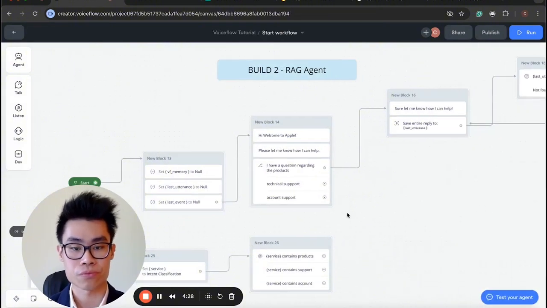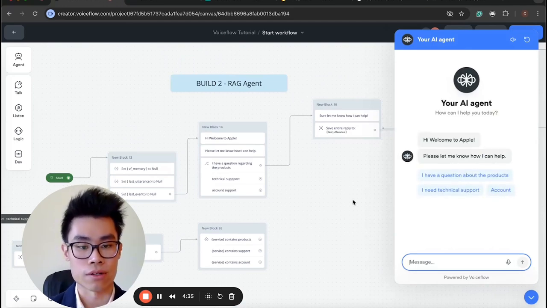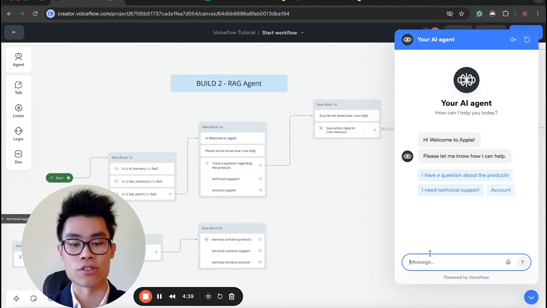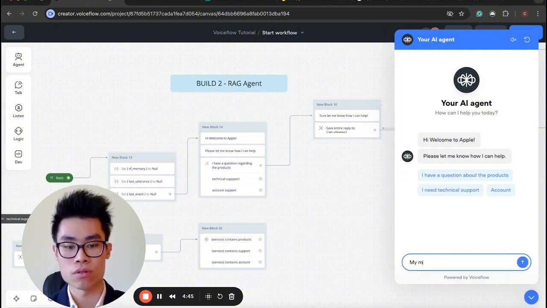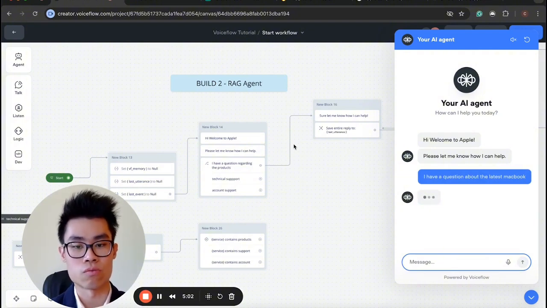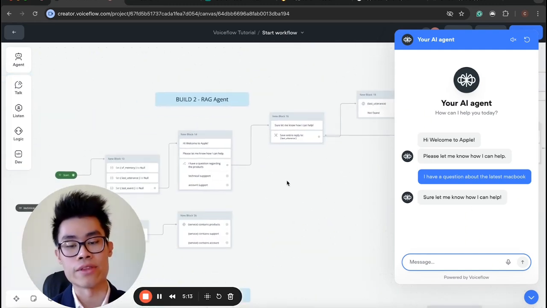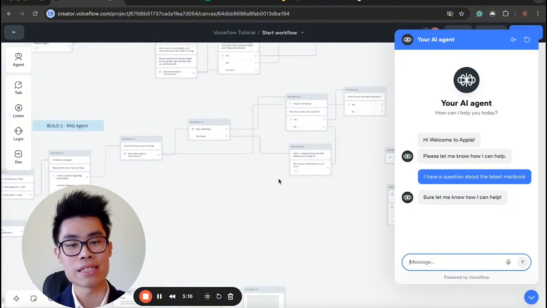So as an example, I just test the agent. How can I help? Right. And again, I've enabled the buttons, but I can literally just type in here as well. So I have my MacBook won't start, right? No, actually, I have a question about the latest MacBook. Now, it should reroute it to here, the upper part, because it's a question about the product, right? So again, sure, let me know how I can help, right? So it's basically go down this path. Excellent. Now, of course, I didn't really build out the branches, but it will basically just be the copy-paste version